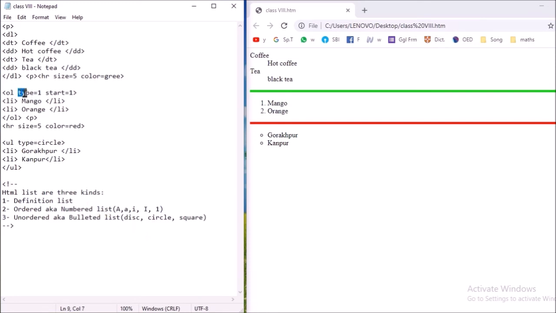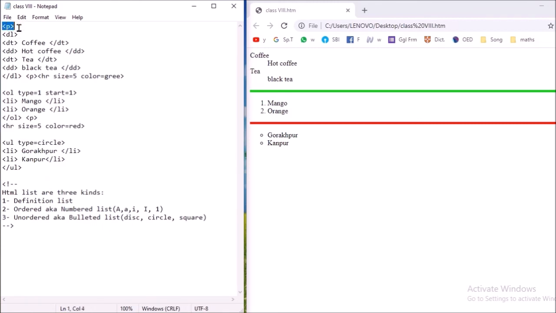These are the ordered list attributes. If you do not give these details in an ordered list, the default list will be Arabic numbers 1, 2, 3, 4. And if you do not give any attribute in this UL tag, then by default the list will be black disk.